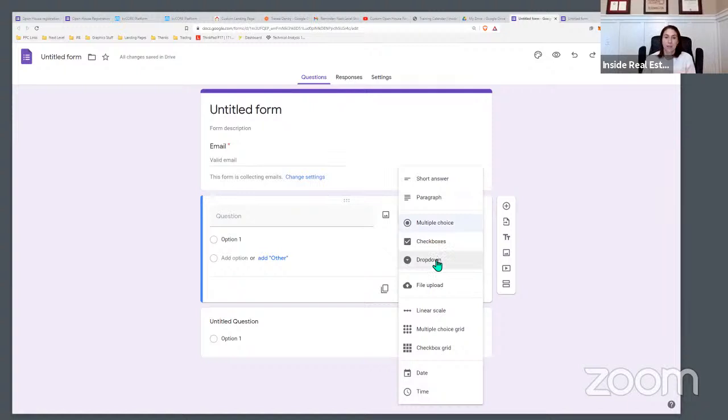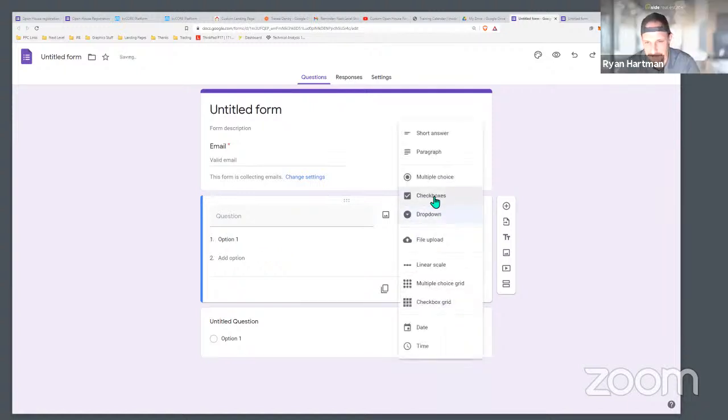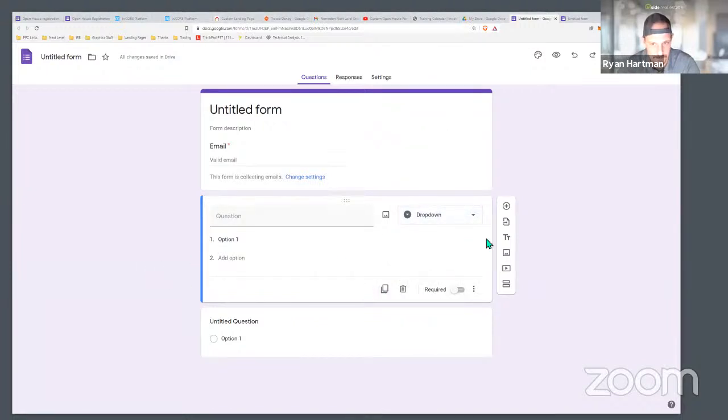Yeah. And then you can do a drop down. I feel like on mobile phones, the multiple choice and check boxes are better, that's just kind of a personal feeling. You put dates and times on there. But one thing I wanted to point out to you guys that I thought was very cool is that you can add sections and then you can do conditionals. So if I click a section here,